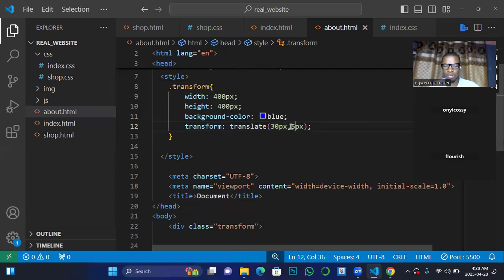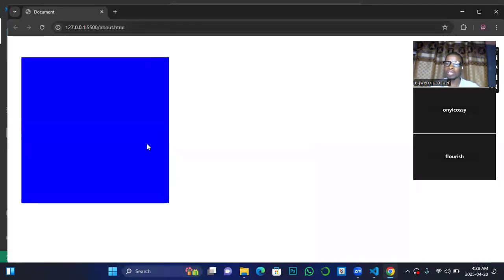So I can just put 50 here and then go back to the page. You can see it. This is what you would have also achieved with margin top and margin bottom. So an advanced CSS user can decide not to be using margin whenever he or she wants to move a certain object. There are times that it is faster and better depending on individual interests. Some persons will rely on the CSS margin and